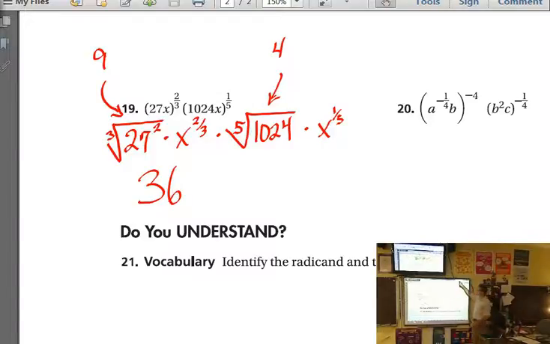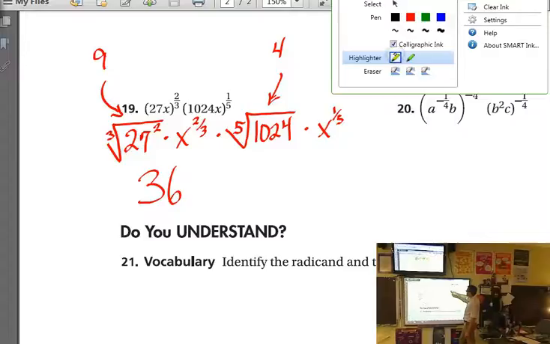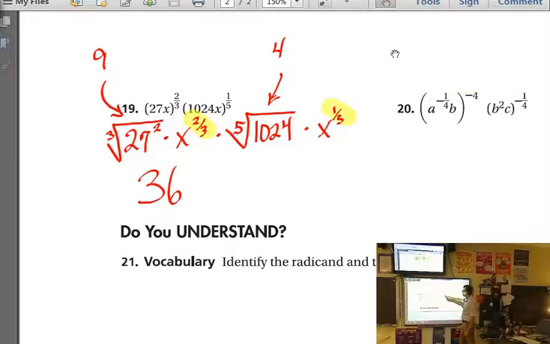Guys, a lot of people got the power of this x wrong. We have to add these, not multiply. A lot of people multiplied this. So when I add 2/3 and 1/5, I need a common denominator. Ethan, what's my common denominator? 15. So this 2/3 is going to become